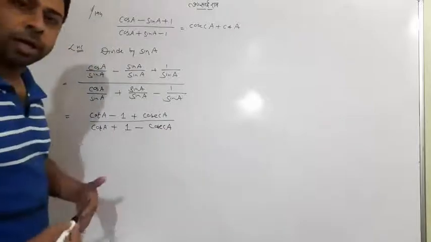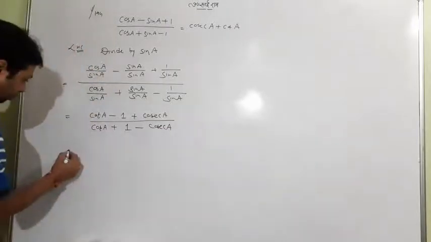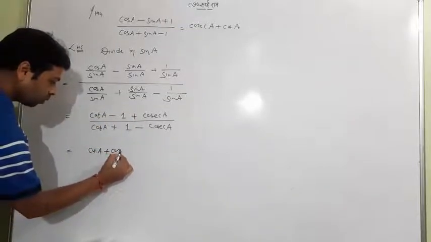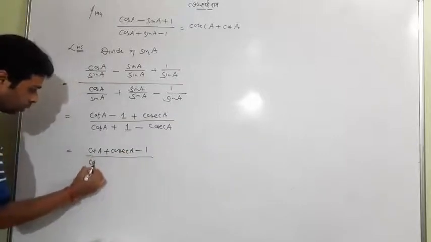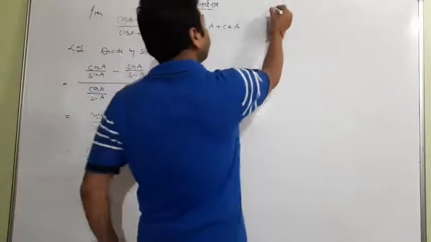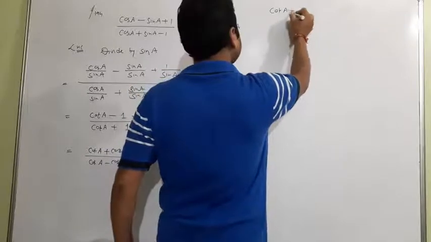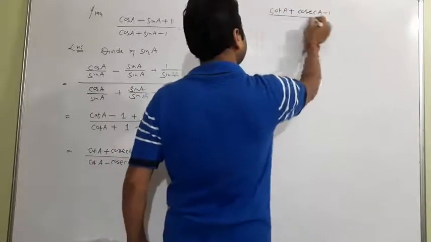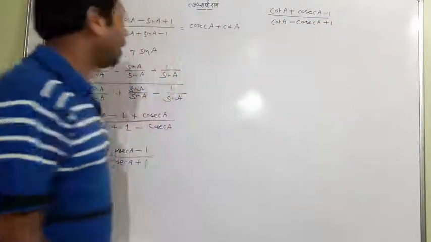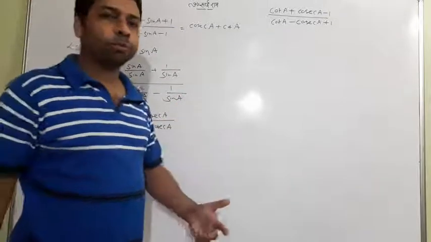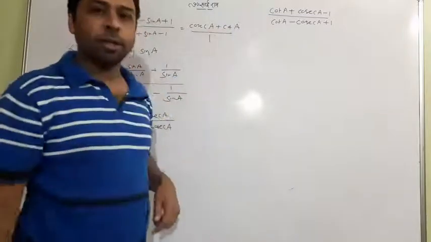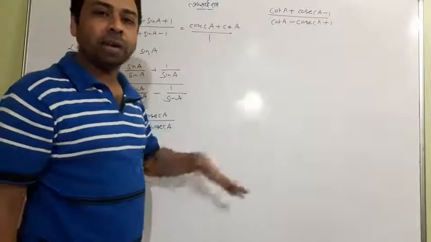So the same is coming now. What I'll do next? Cot and cosec, I want to write them together. Cot A minus cosec A plus 1 in the numerator, and cot A plus cosec A minus 1 upon cot A minus cosec A plus 1. Same I have written. Now the trick I have already told you. Look at the answer. We need cosec A plus cot A, and the denominator side is 1, you understand? So I need cosec A plus cot A anyhow on the numerator side.